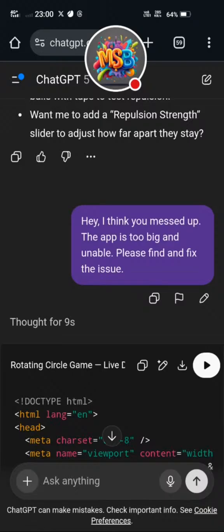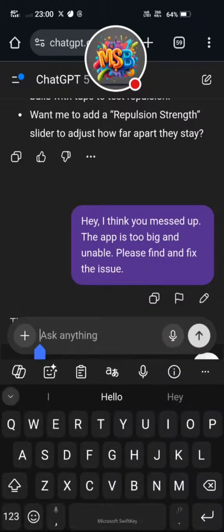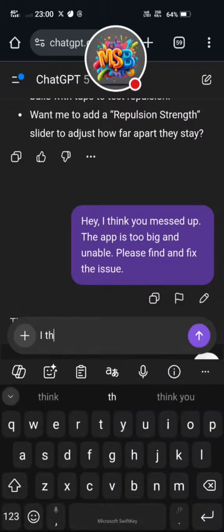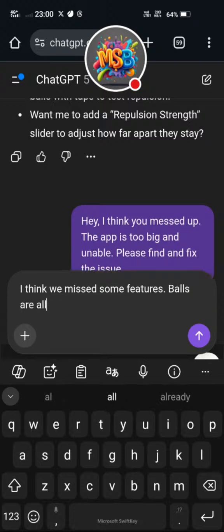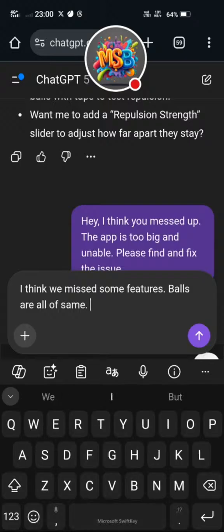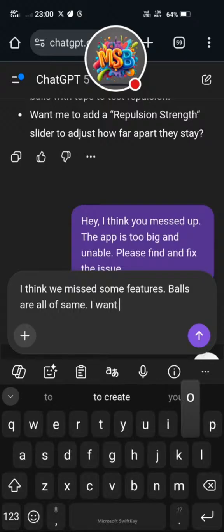Let's go back. I think we missed some features. Balls are all the same. I want one positive